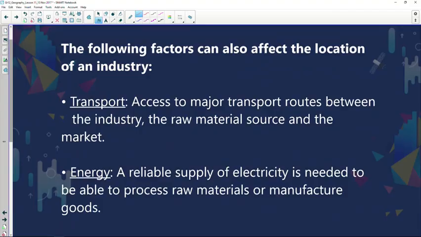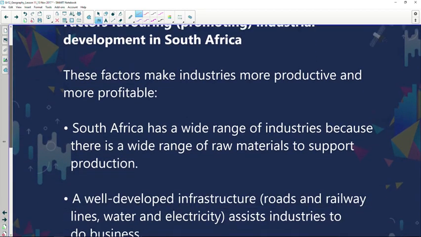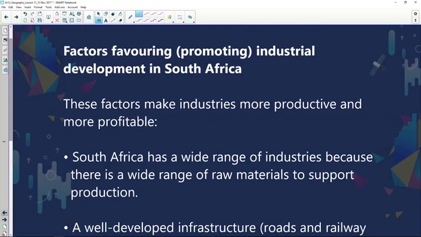Now, the following factors can also affect the location of the industry. Transport, once again, major transport routes between the industry and the raw materials, very importantly, and then energy. Now, unfortunately, if you don't have energy, you can't be profitable, you can't make money. So it's very important that these industrial companies have consistent electricity to process these raw materials and eventually make the final product, manufacture the goods. Vitally important. And unfortunately in South Africa, we kind of struggle with the demand for electricity because of the growing population. But the government did make plans, for instance, Kusile, and we try renewable energy these days to improve our